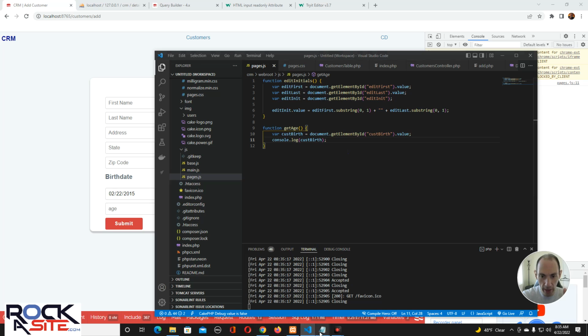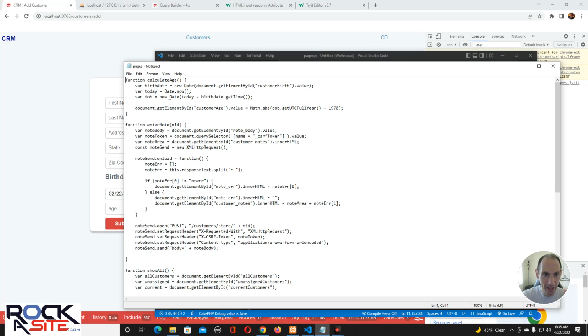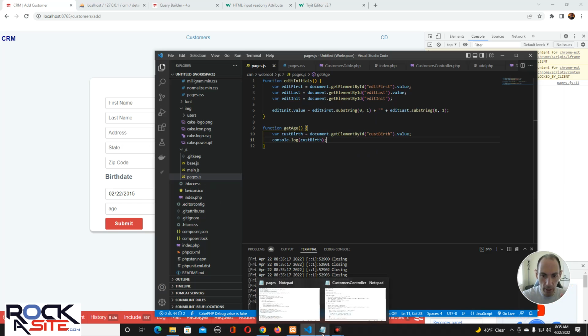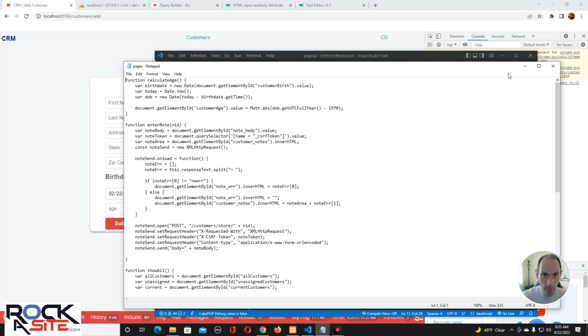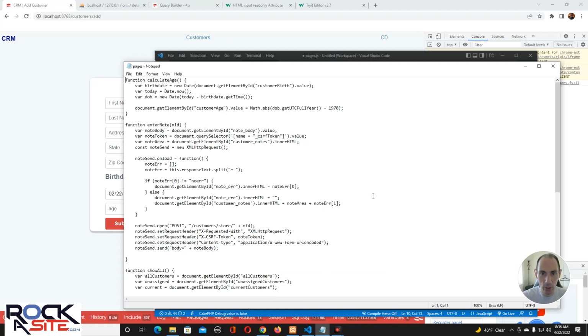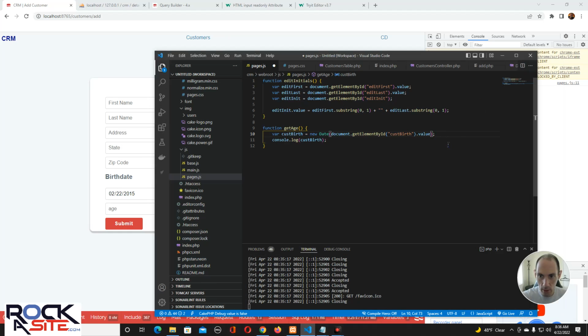With that, this is why I have this open. We have to get the actual date, and the way that we're doing that is we're going to have to compare it to where we are. Now we say cust birth is this value, but we have to make a date out of it. So it's new date, and then we put that value in there. We're turning this into a date so that JavaScript can do something with it. So we have to take this date and turn it into a JavaScript date, and then we go